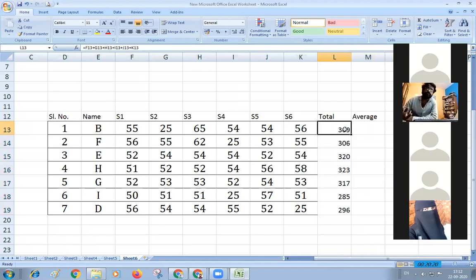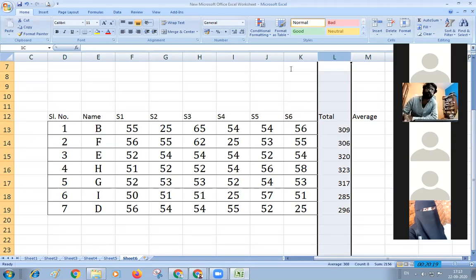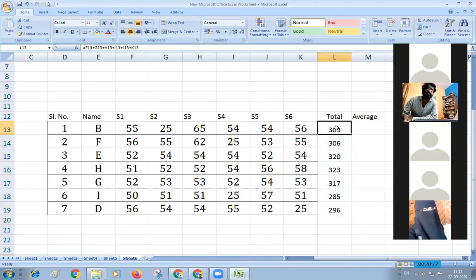Okay. So there is a function called total, and for calculating the total there are three ways we are going to do.